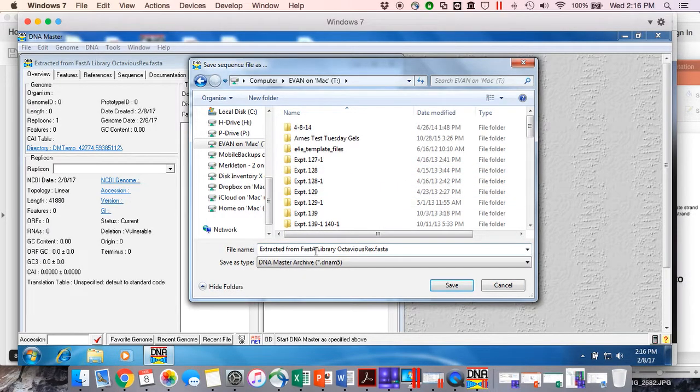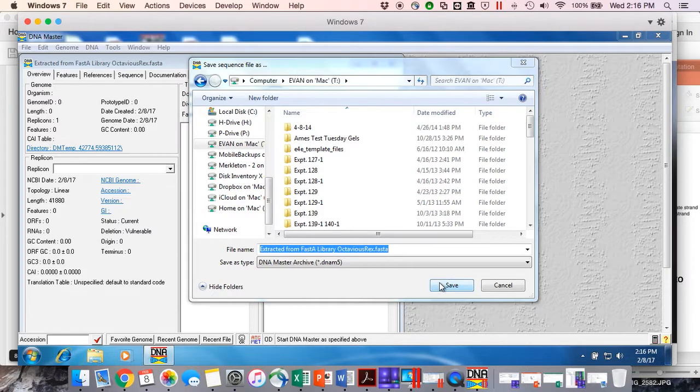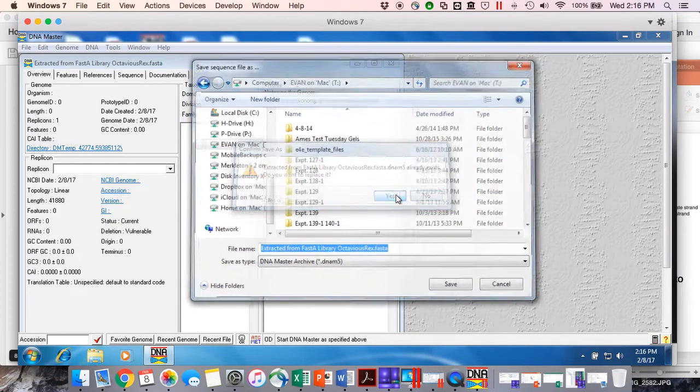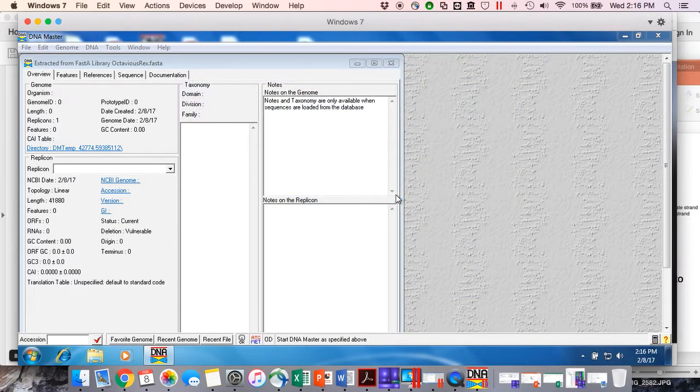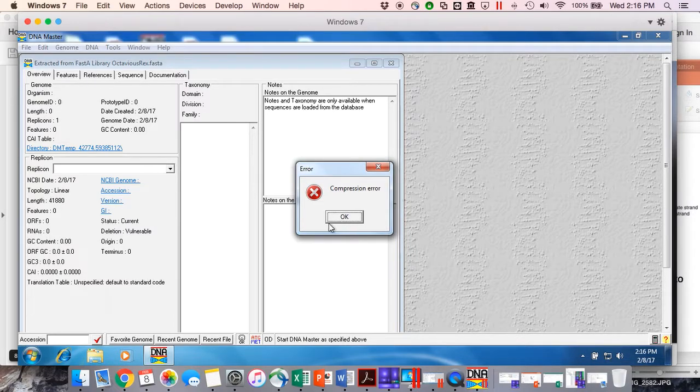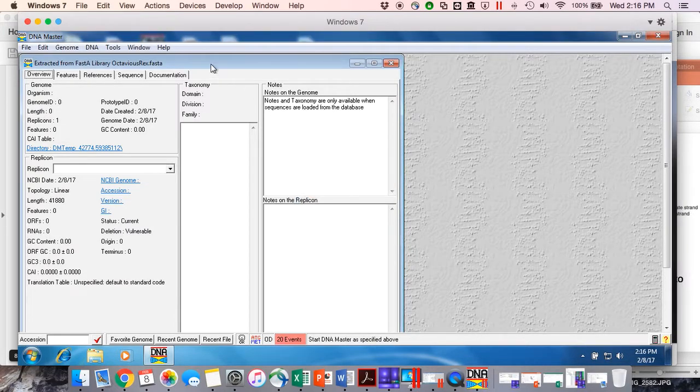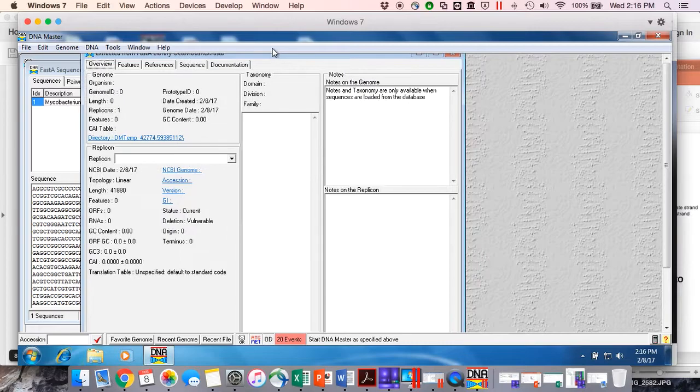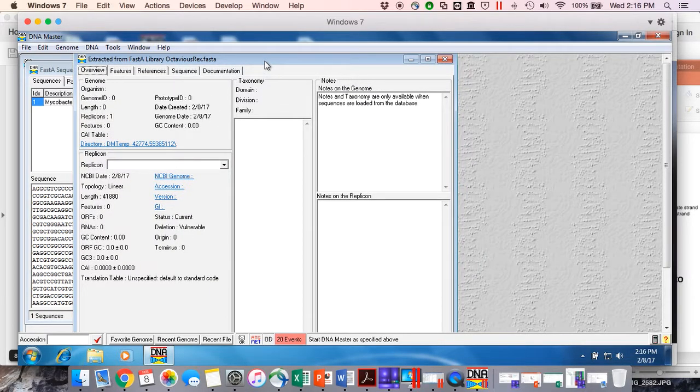And this, I'm going to leave this as extracted from FASTA library Octavius Rex. And save. So now what I've done is I've converted this into a DNA Master file, and if I wanted to reopen